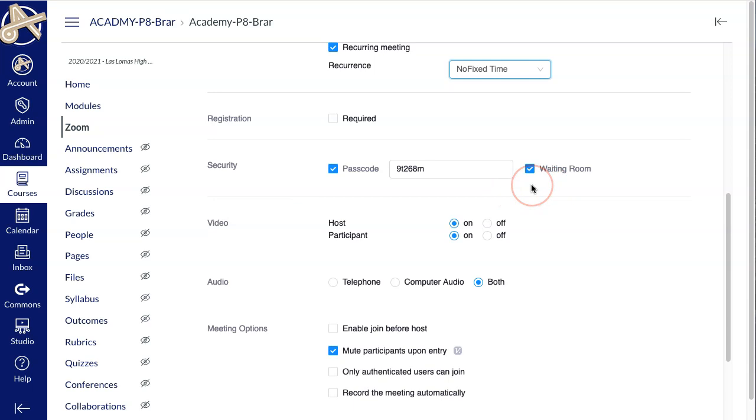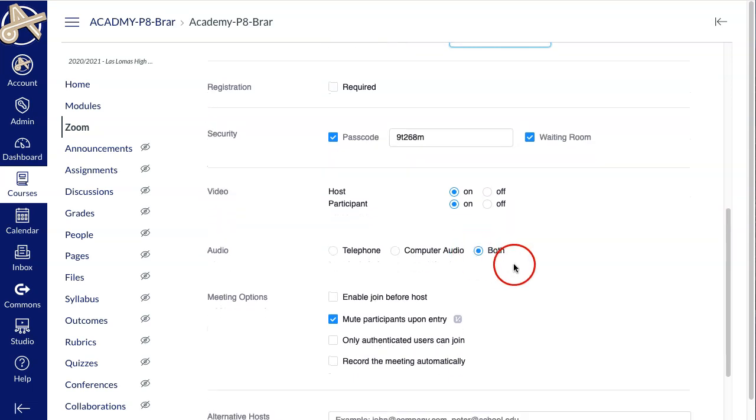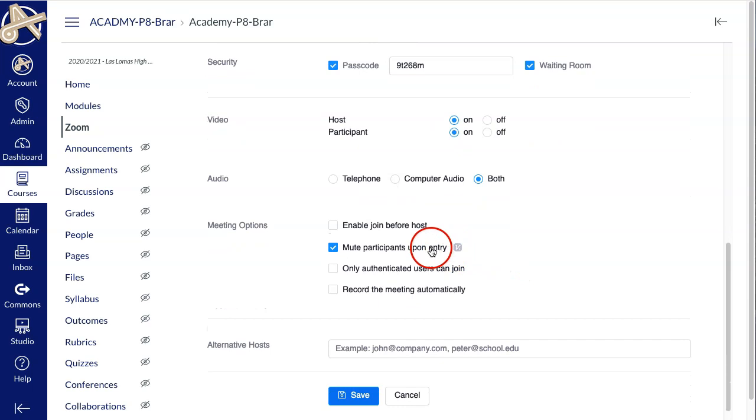We will always enable a waiting room, so students have to wait before I let them into my Zoom meeting. I'm going to turn on the camera for both the host and the participants. Please note that both the host and the participants can turn their camera off once they are inside the Zoom meeting. For audio, leave both, and I'm going to mute the participants upon entry so that students are not speaking over one another. Automatically, when they join in, they will be muted. Of course, they can unmute themselves, and I can unmute them when they join in as well. Click on Save,